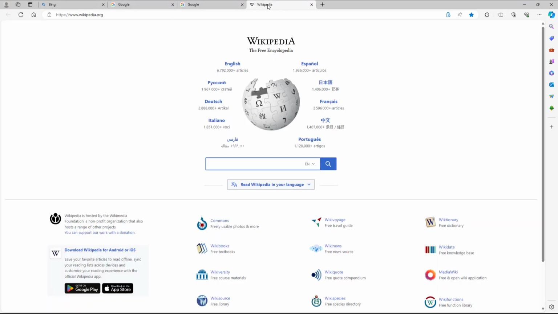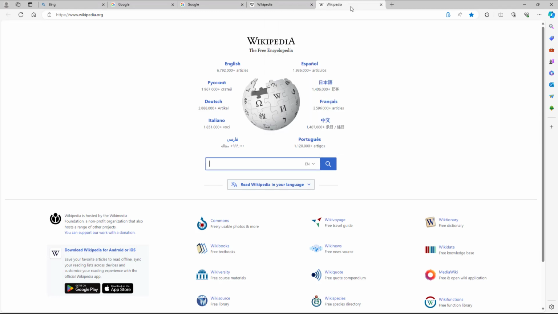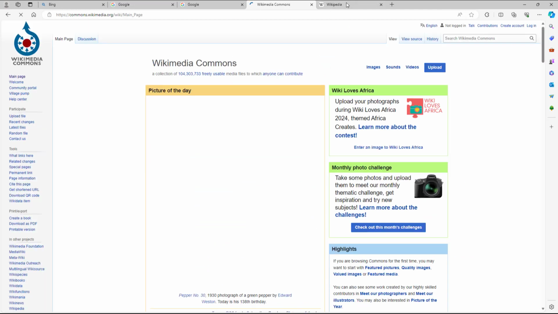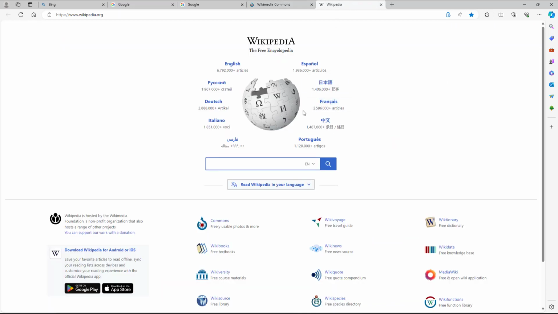I can go onto, let's say for example, the Wikipedia tab and right click, and then I can duplicate the tab, and you can see that now I got two pages with the same tab where I can navigate to another page as I like inside of the other tab, and the original tab stays as it is. And that is how you can utilize the duplicate and move tab to option